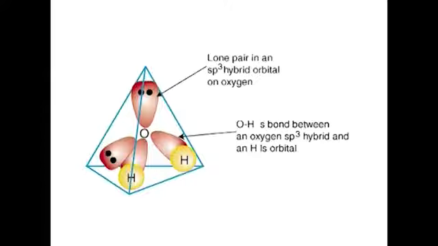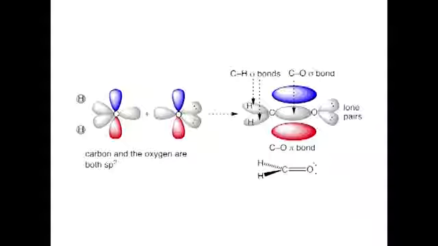Among the 4 sp3 hybrid orbitals, 2 contain a pair of electrons in each, while the remaining 2 contain 1 electron in each. In a water molecule, each of the hybrid orbitals of oxygen having 1 electron overlaps with s orbital of a hydrogen atom, forming a sigma bond. Thus, it is conspicuous that for bonding of an oxygen atom to other 2 atoms or groups, it uses sp3